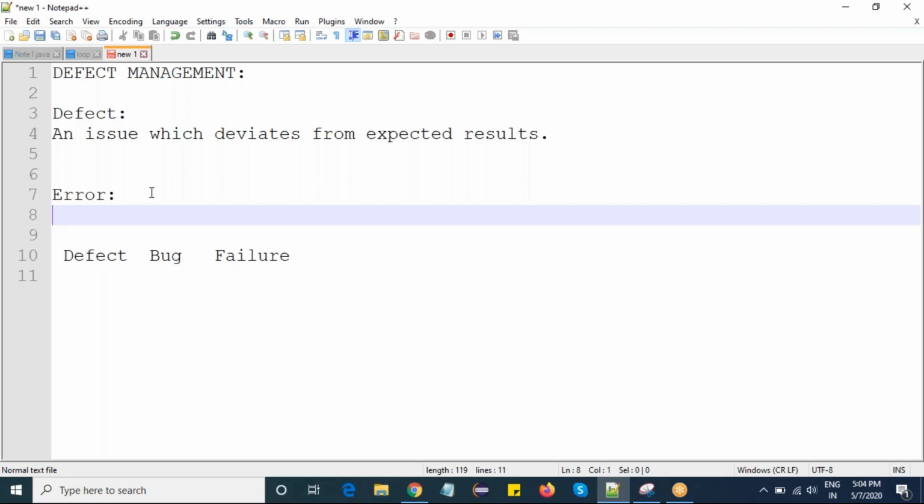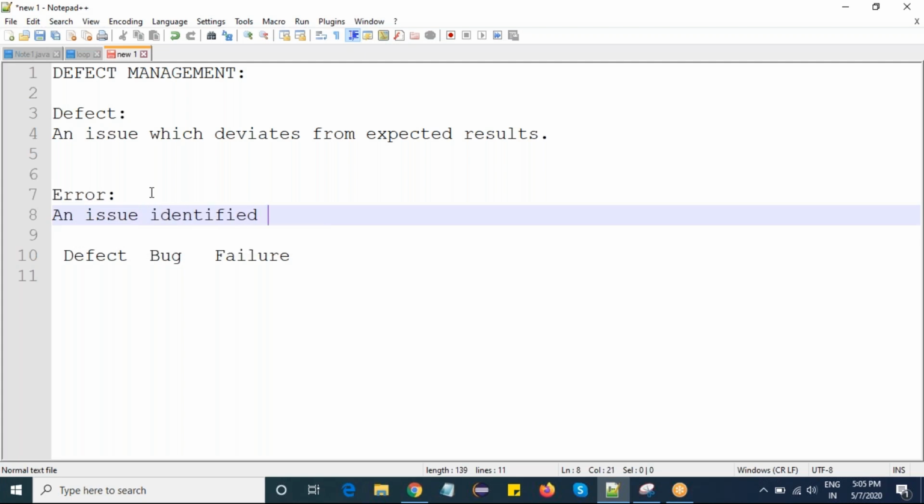If you write any invalid syntax or don't give the correct values, then obviously when I try to execute my code, I will get errors. Whenever a problem is related to the coding part, whenever I find an issue in the coding part, we call it an error. That's why in coding, in languages like C or Java, we will always see errors: syntax errors, argument errors, input and output errors. We see many errors, not failures, not defects. So an error is nothing but an issue